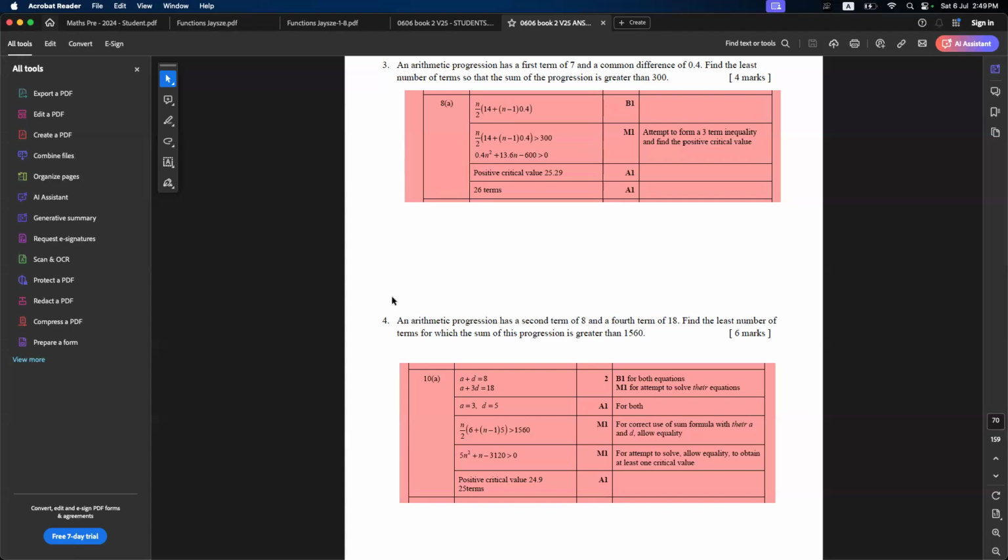One, find the gradient. And then subdivide the points and then solve for C. So then I got